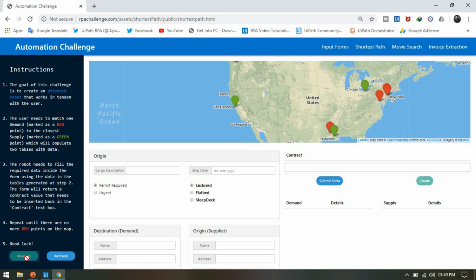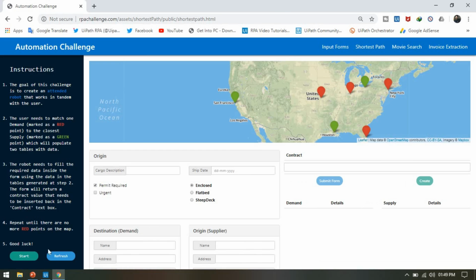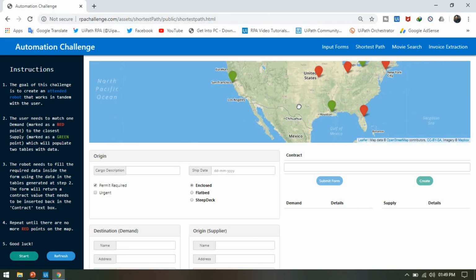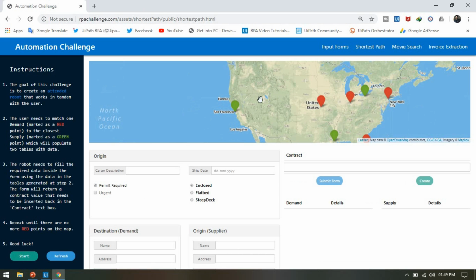Once we click on start, sometimes what happens is it doesn't allow you to click on the start. So first you have to refresh again. Once you refresh, then you can click on the start. Sometimes whenever we open this website, we do not get these red points and green points here. So again for that we need to click refresh, right?